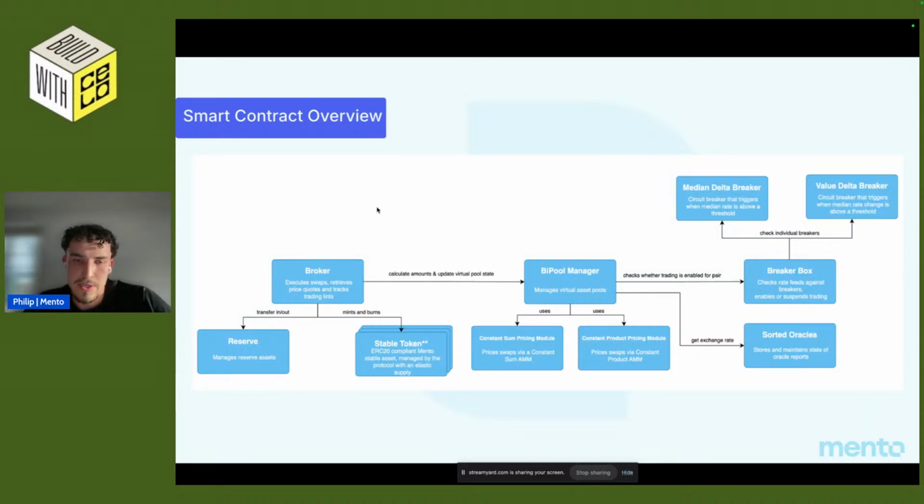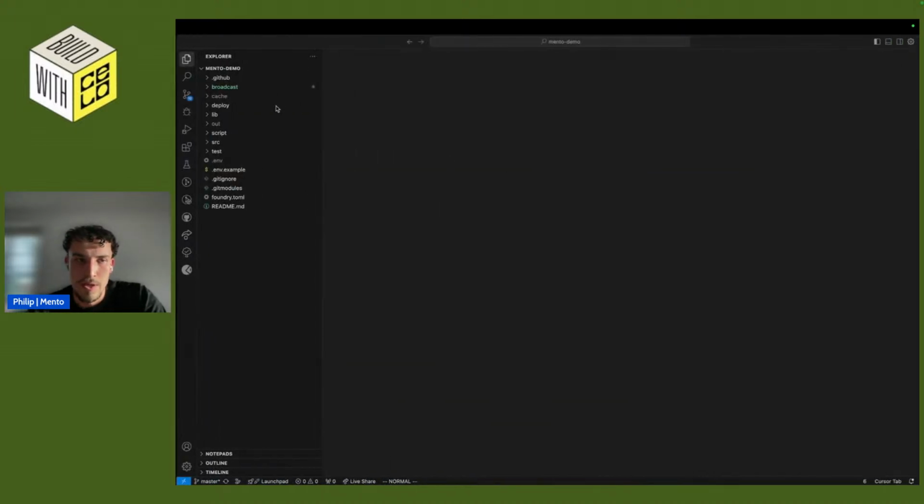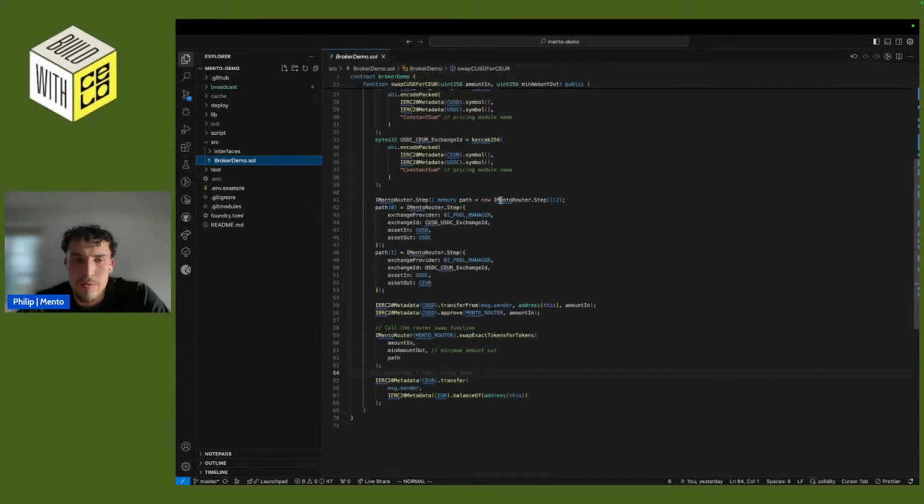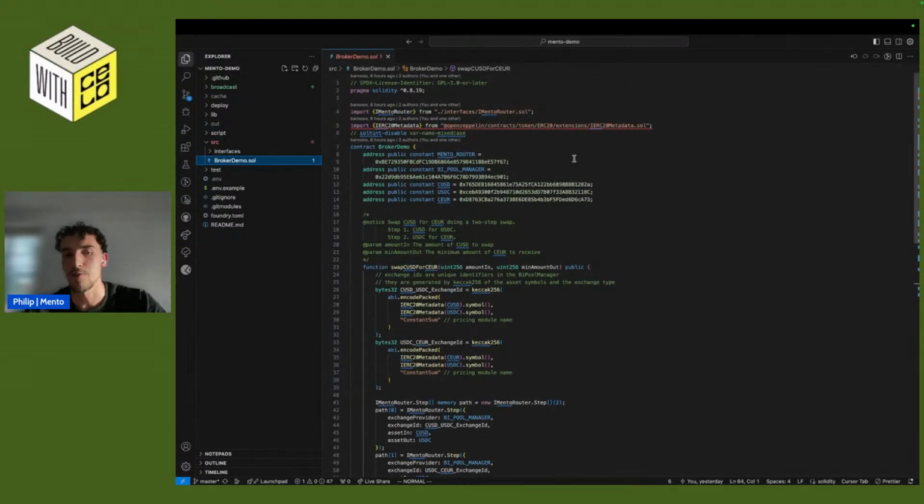And this router contract comes into play now, because now I'm going to do a quick demo. This is a demo on the smart contract level. In this repo, which I will also share later, we have a demo contract, which is this one right here, which does an interaction with this router contract. Like in the example I mentioned before, we are going from CUSD via USDC to CEuro. And for example, this router is also what powers the MiniPay pockets. If you want to go from USDC to USDT, that's the router which under the hood does the swaps.